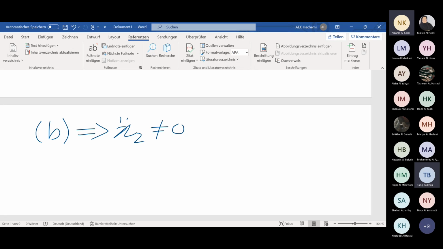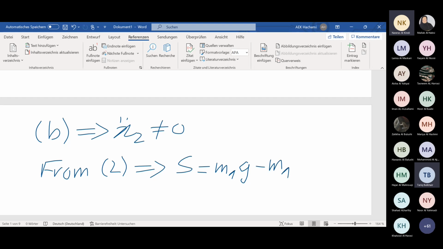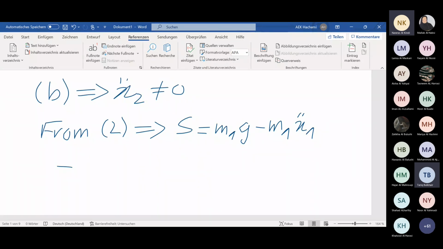In this case, what we have from 2, we have S, which is equal to M1 G minus M1 x dot dot 1. And this will be here S equal to M1 G,